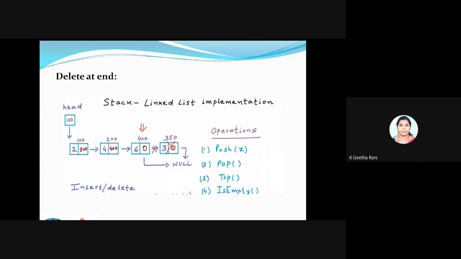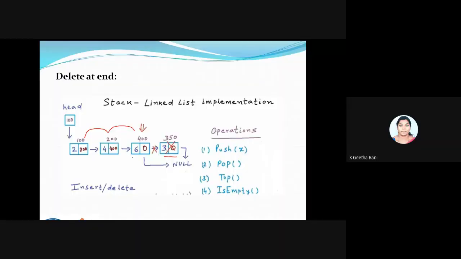Fine. So I'm trying to delete at the end. What happens? For deleting, it is the same process. This is my last node actually, so I have to start my traversing from my first node. I have to reach the first node, second node, then I have to reach my last node's previous node. In that particular node I have to make my address as 0, and obviously this goes to null, and this link will be deleted. Fine. This is what deleting a node at the end is.